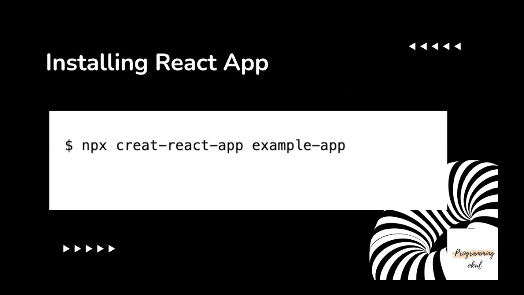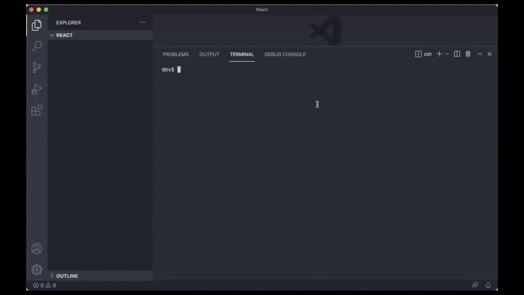So the first thing that you need to do is install your React app. Make sure that your Visual Studio Code is open, or any other code editor that you're using, and run this command in the terminal. So let's open our Visual Studio Code, because I'll be using the Visual Studio Code editor. As you can see, I have already created a folder for React, and I now need to install a fresh React application. So I will say npx create-react-app example-app, and I will specify npm so that it uses npm for the installation.